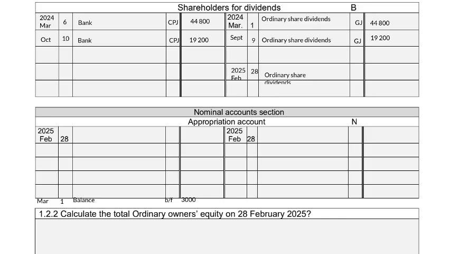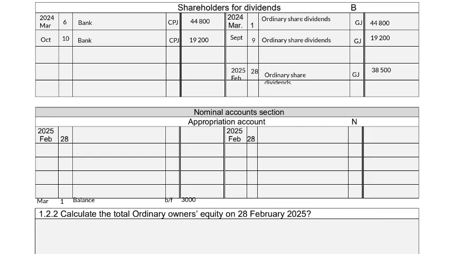General journal. $38,500. So that's the 350,000 shares multiplied by 11 cents. That's our ordinary shares at that stage, multiplied by 11 cents to give you